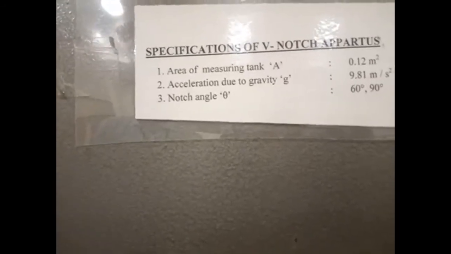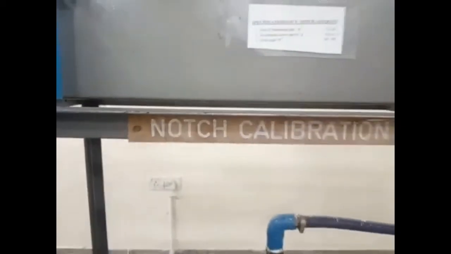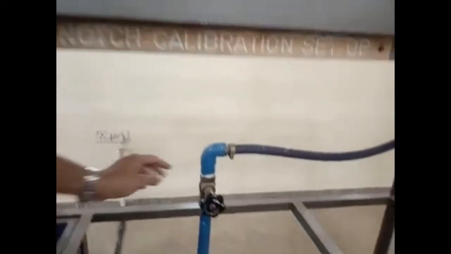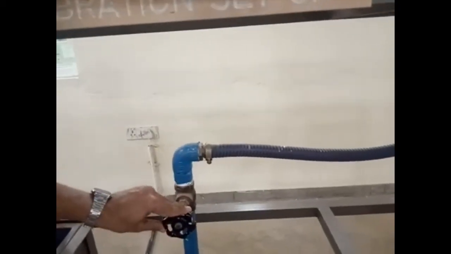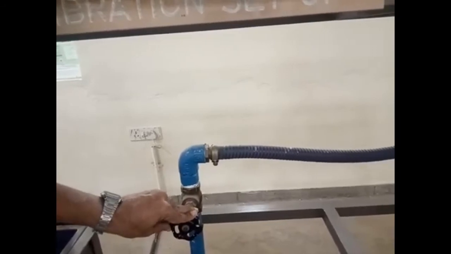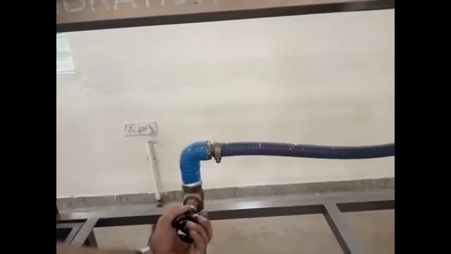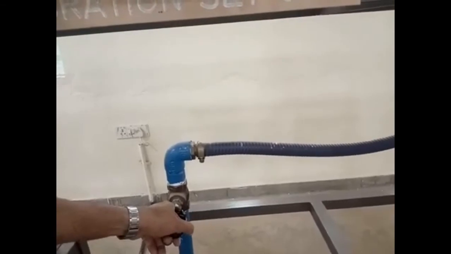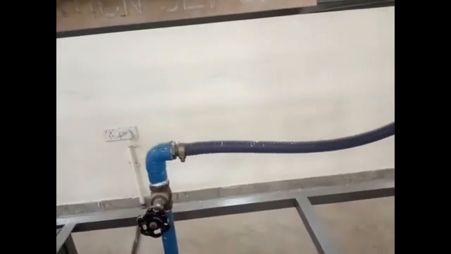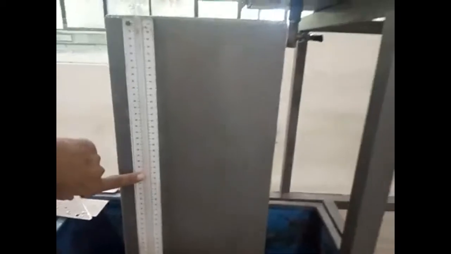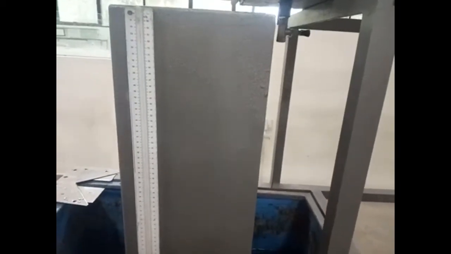Please note that as a brief introduction, once I switch on the instrument, I'll be playing with two factors. One is variable flow rate, which is with respect to this gate valve. I will be carrying out the entire experiment for either increasing the number of turns or reducing the number of turns. Depending on which, the flow rate will alter. Water enters the open channel, and once it enters, I'll be taking two readings, the reading in the point gauge and the reading in the piezometer. This is just a simple recap for you. Let us start the experiment.